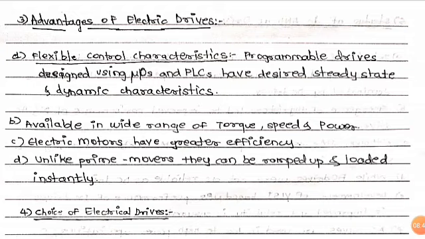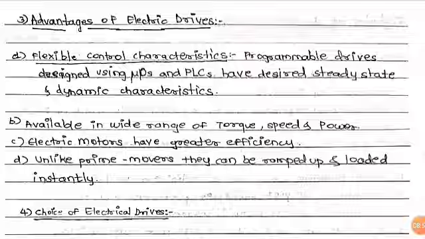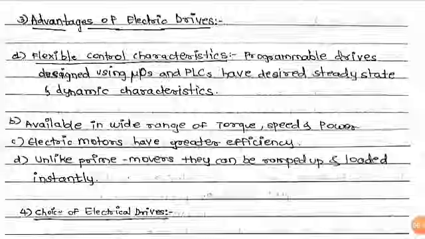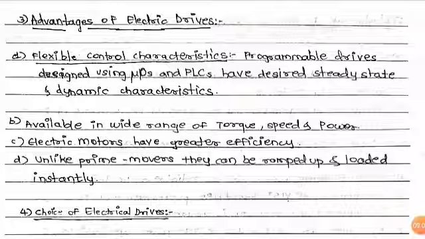It is called forward braking operation. Then the third quadrant, negative speed and negative torque. That is reverse motoring operation. And the fourth quadrant is negative speed, positive torque. That is a reverse braking operation. So like that, these electrical drives can be